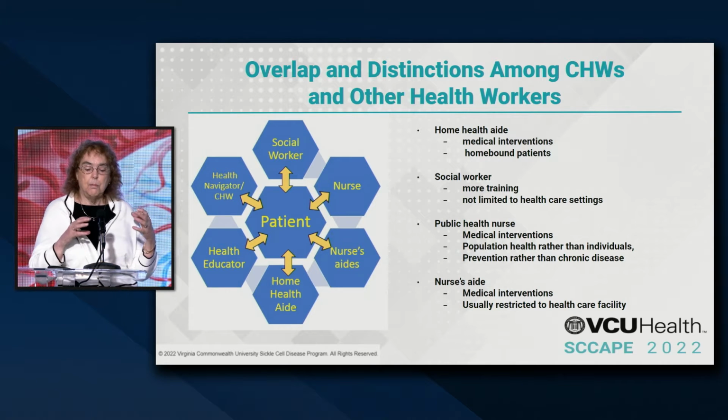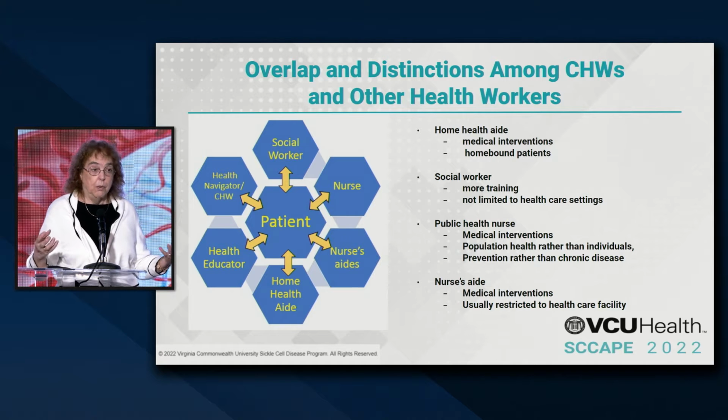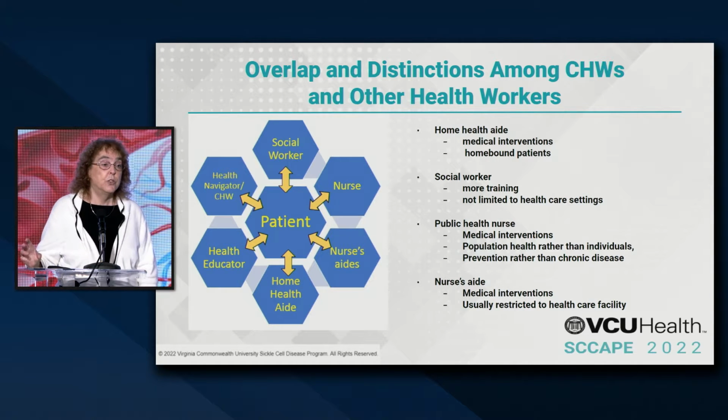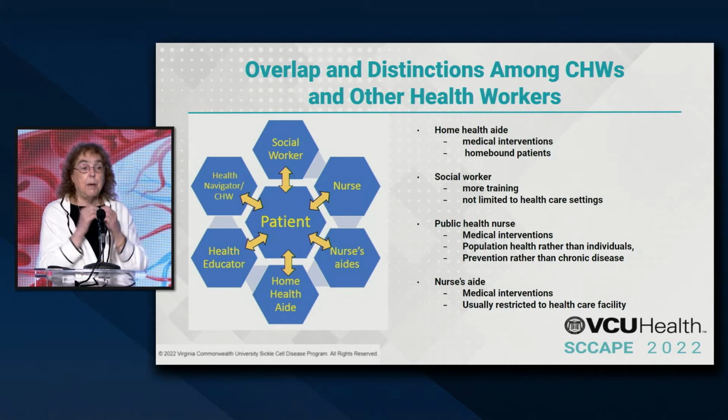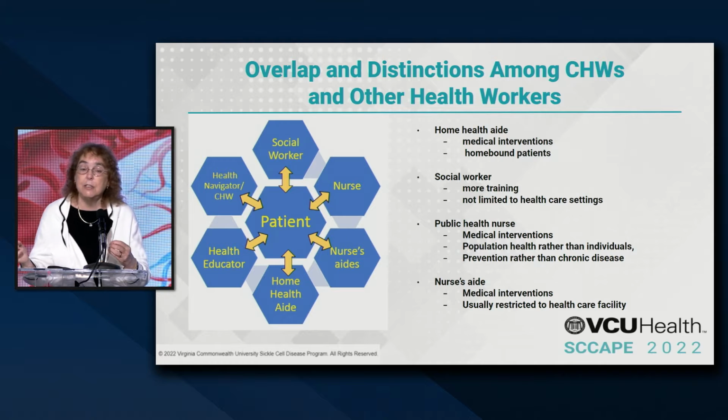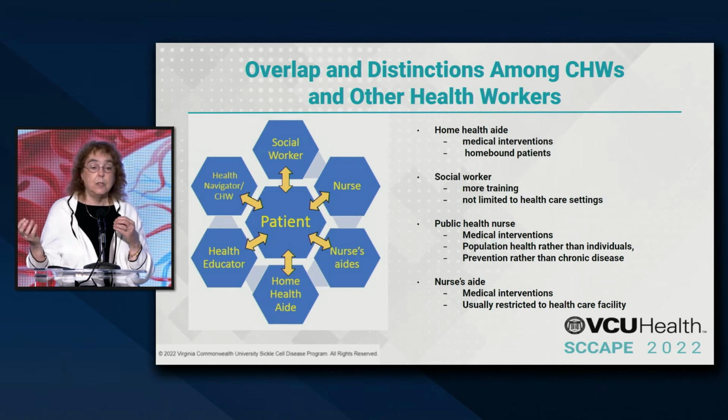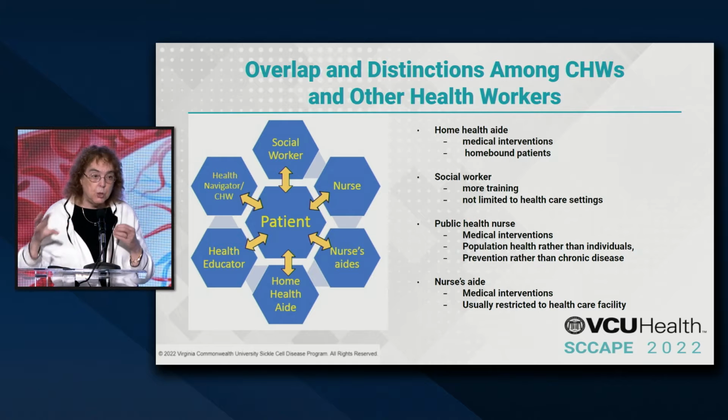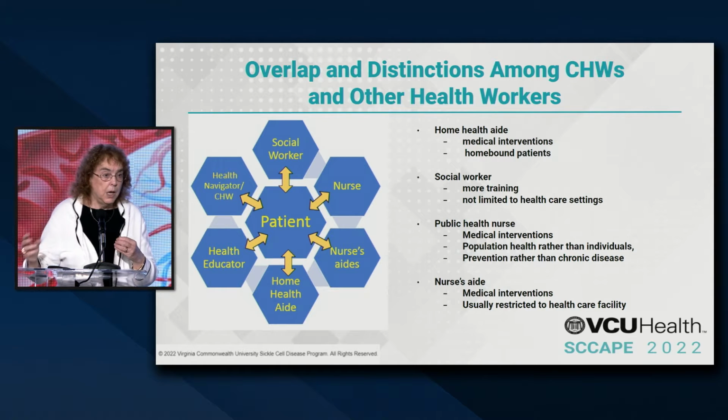There's a rather large myriad of people in hospitals in the acute care setting taking care of patients. If you get out in the community, it's rather variable out there too. So we drew this with the patient at the core. You may have a nurse, you may have a nurse's aide, and in some places we have nurses' aides out in the community doing all kinds of things. I haven't heard that in regards to our sickle cell teams, but in the community we've been using